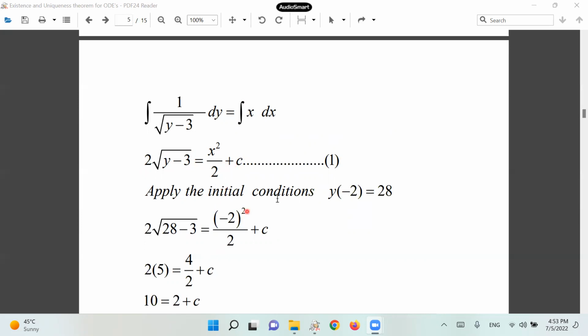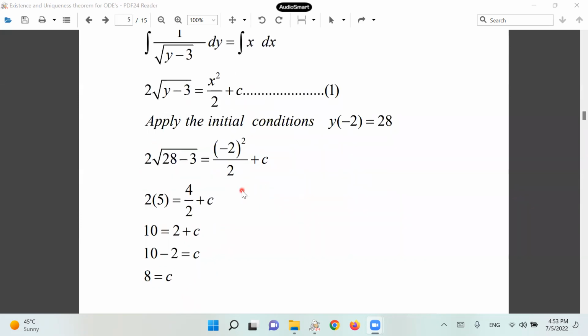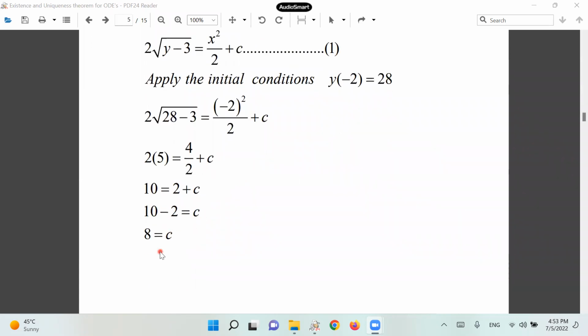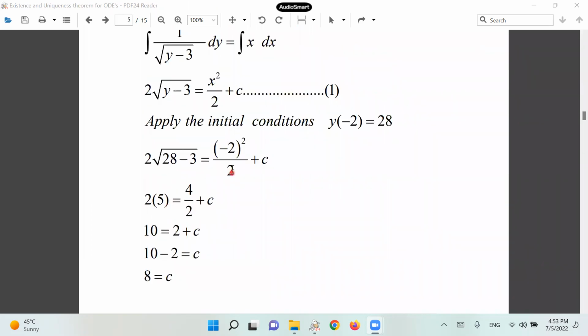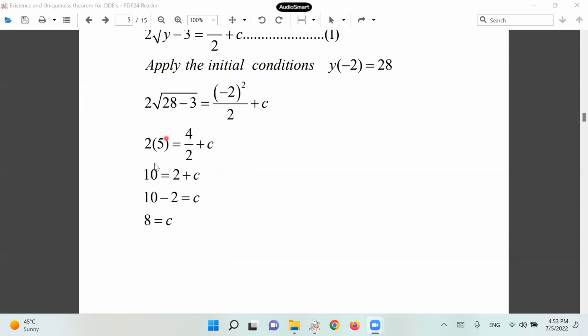Now apply the initial conditions that x is minus 2 and y is 28. Substitute them, and then we are going to get the value of c. The c will be equal to 8. Then resubstitute the value of c in this equation number 1. So we are going to get,